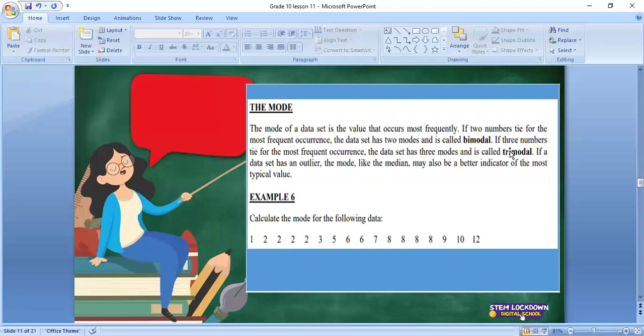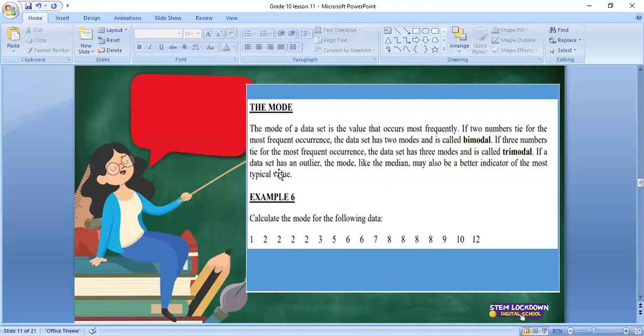The number with the highest frequency is the mode. Sometimes you have two numbers occurring equally the most in the data set. So we say those two data are referred to as the mode, and the data is referred to as bimodal. If we have three numbers occurring with the same frequency, then we say the data is trimodal. Okay. For example,